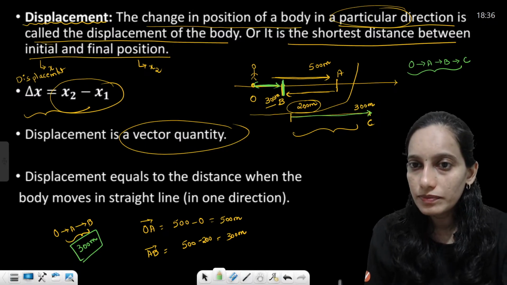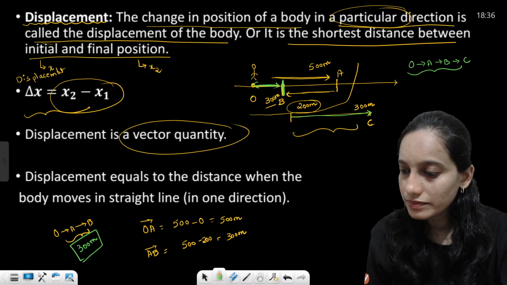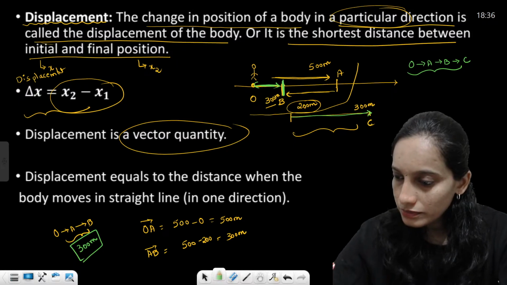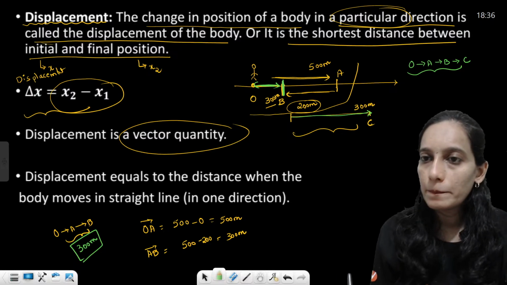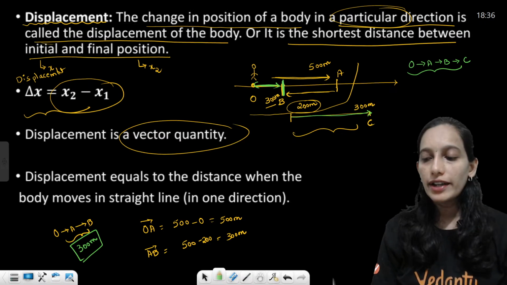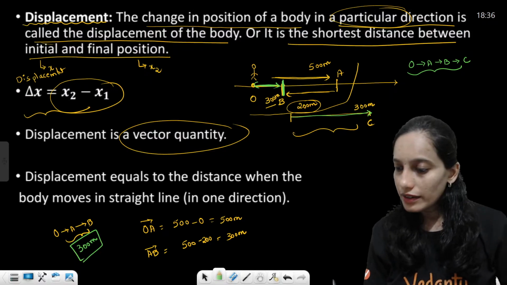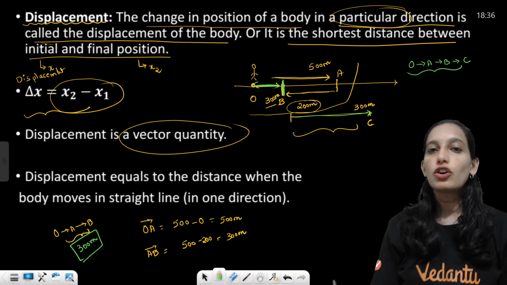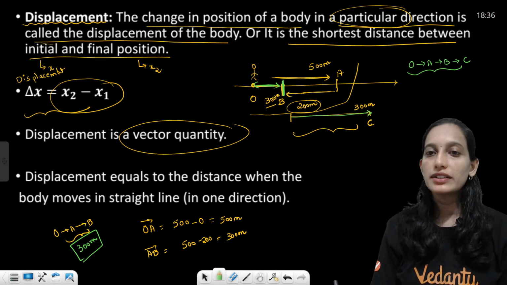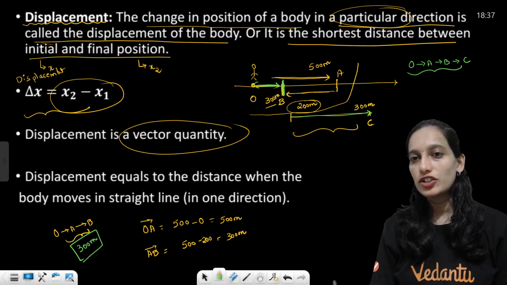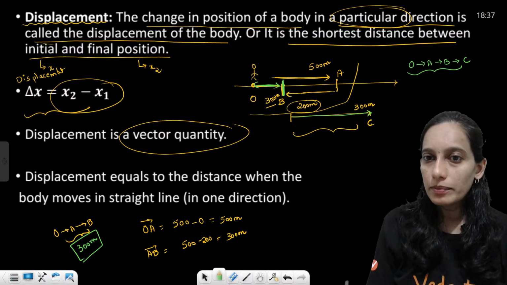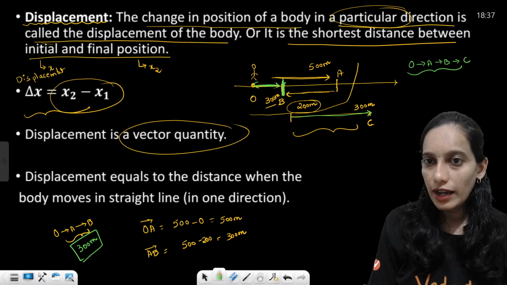Correct? Are you following? Yes or no? Yeah. So whenever we are talking about the displacement, direction is important. Whenever we are talking about the displacement, which is a vector quantity, direction is essentially important. Okay, so from B to C, if I say I am at a position,